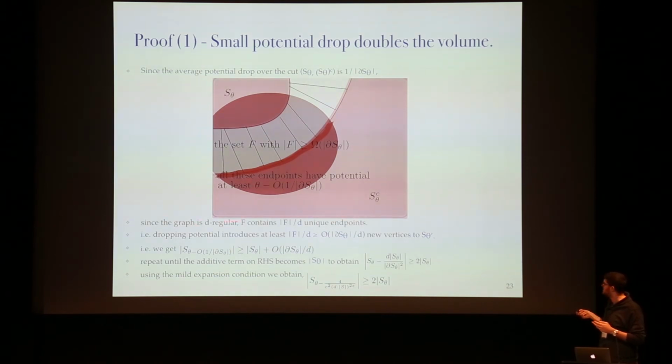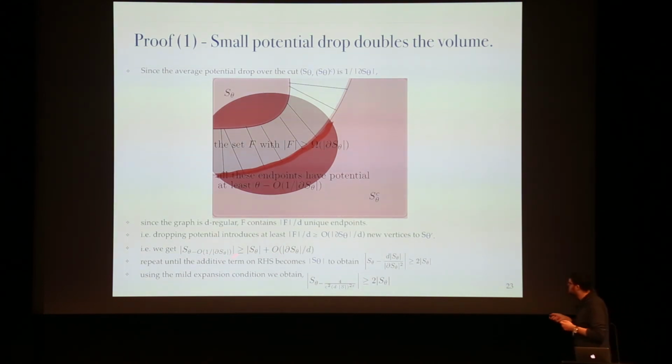And because my graph is d-regular, I'm going to have many unique endpoints here. And I can just use this to show that if I drop the potential from theta to theta minus order 1 over the size of the cut, I'm going to add this many points, like size of the cut over d many endpoints. And here, what I do is I just repeat dropping the potential by this amount until this term becomes S theta. And what that gives me is this inequality, in that if I just drop the potential,